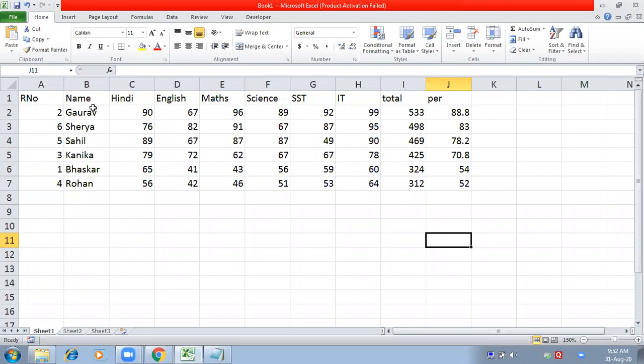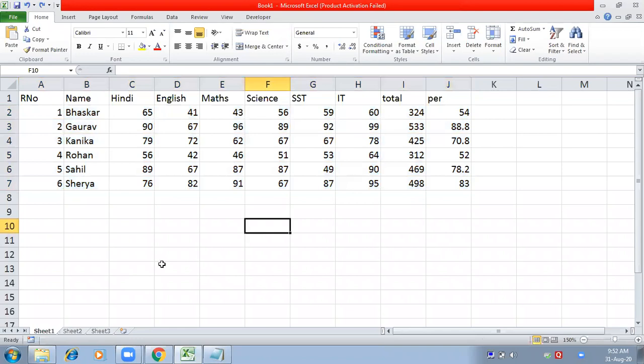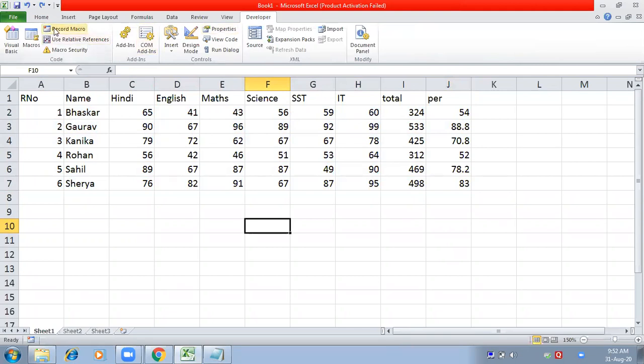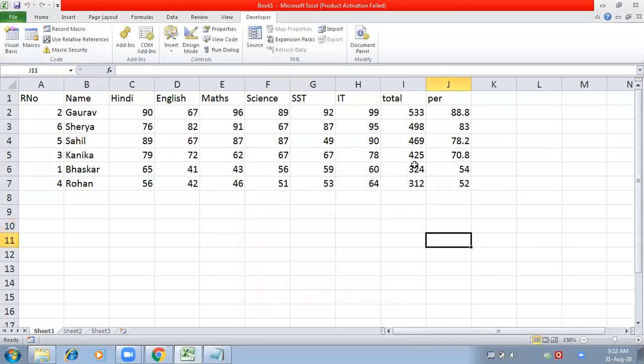Now what I need to do, I can undo it, and the data is as it was previously, and I want to check whether the macro is working or not. So I'll go to the Developer tab again. I'll create a button for running my macro first. I can do it like this also. If I want to run my macro, I'll go to Macros, and there is a macro named sorting. I can run it. If I run it again, can you see there is a change in my sheet? It means automatically sorting happens now because we have recorded that.